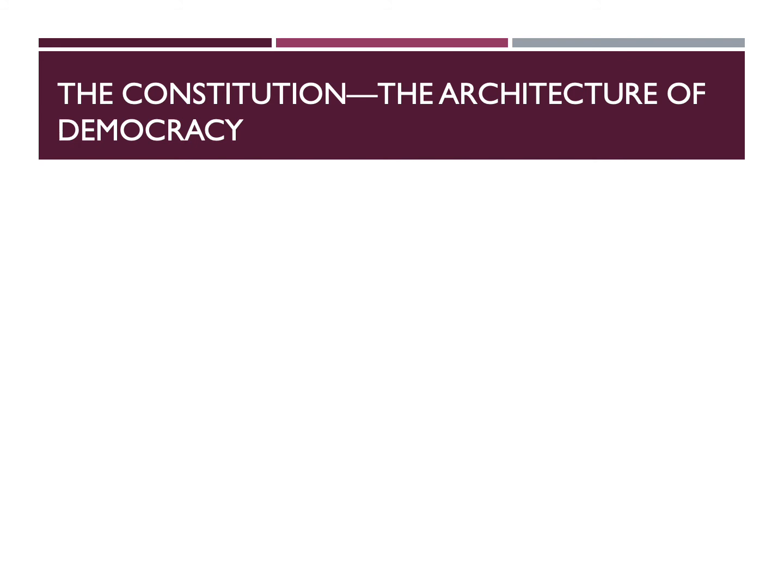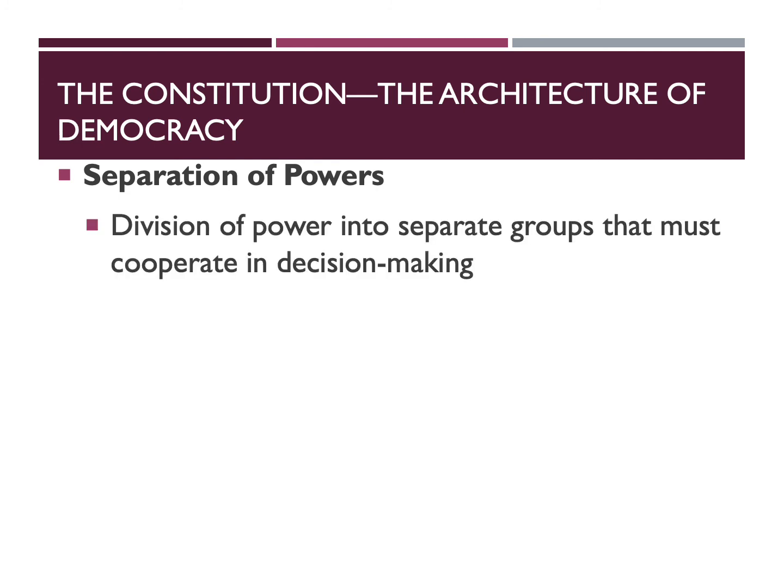Okay, so let's look at the first mechanism that is in our Constitution that keeps power in check. And that mechanism is known as the separation of powers. The separation of powers is where different powers are placed into separate groups, and those separate groups must work together in order for any decisions to be made. And so we see that in our Constitution that we have three distinct institutions with three distinct